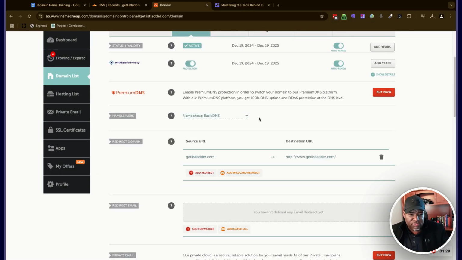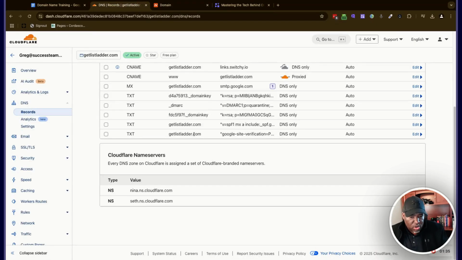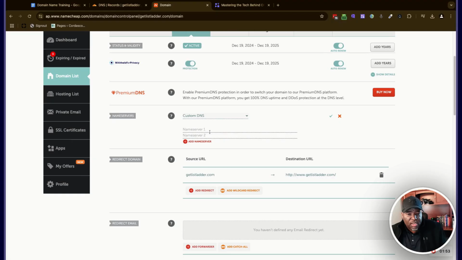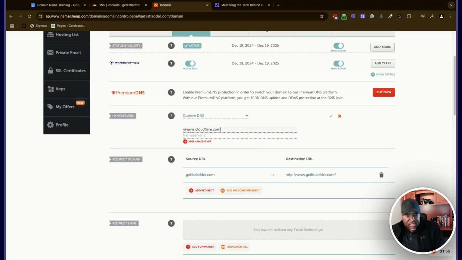If you do it with GoDaddy, theirs is going to have their default name servers. Okay, and so what you're going to want to do is change the default ones to the ones that Cloudflare gives you. So I'm going to copy this one here, and this one. I'm going to go to my registrar, and now I'm going to change it from the basic or whichever ones to custom name servers. Even in GoDaddy, it says custom. You want the custom name servers, meaning you don't want to use theirs. You want to use your own. And so we're going to go to custom, and we're going to paste in the first one from Cloudflare, and change this to the second one.